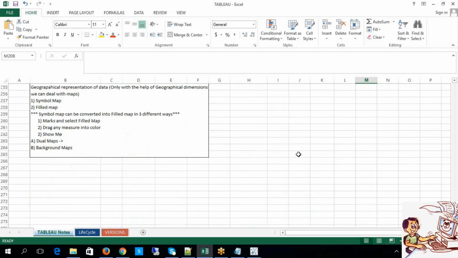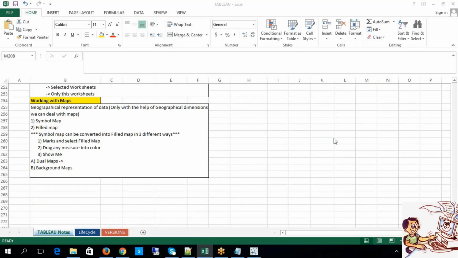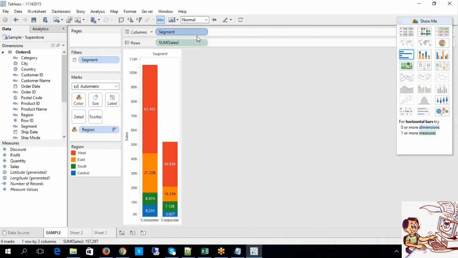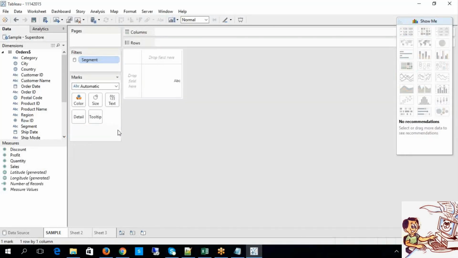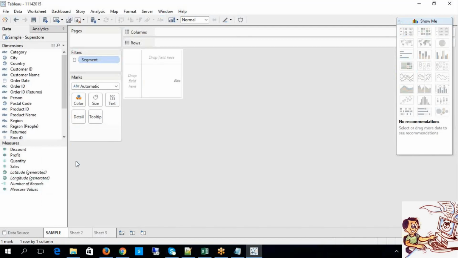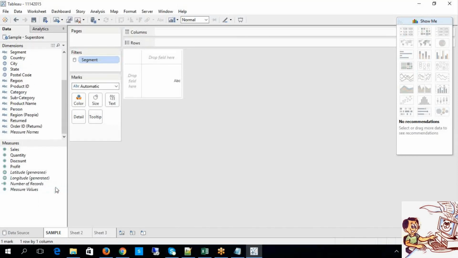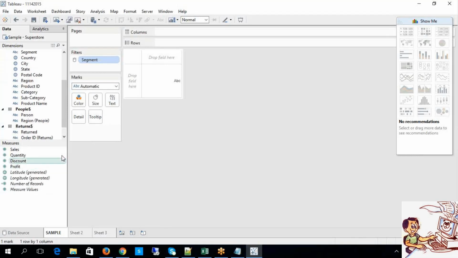Now let me touch base with a concept called maps, working with maps.